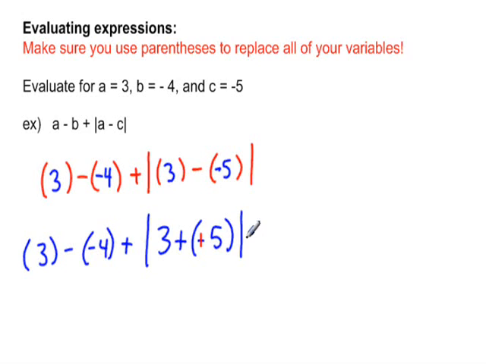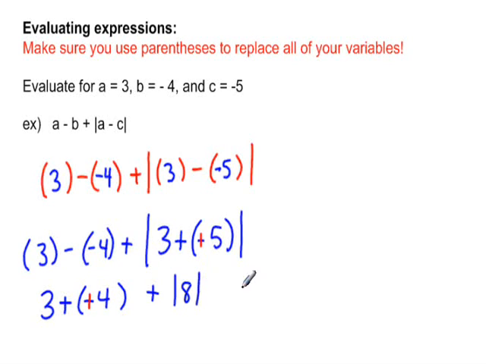Alright. So now I'm going to do what's inside, and that's pretty easy to see. 3 plus positive 5, that's going to give me an 8. And I can look over here. Now I see that I've got subtraction and addition, so I'm going to be doing it from left to right here. I see that I've got subtraction. I'm going to change that to addition. So I'm going to write 3 plus negative 4. But I have to remember to change the sign of my second number, so my negative 4 becomes positive 4. And now I have 3 plus 4 plus